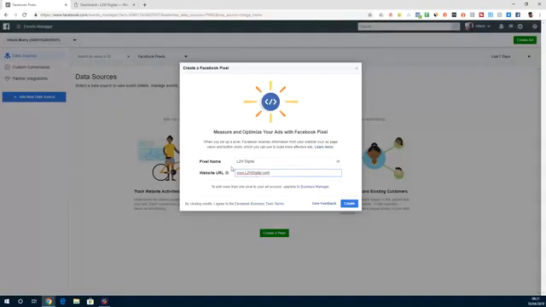The website URL is optional because you can actually install your pixel on multiple websites. I recommend doing this only if the websites are similar in terms of your target audience and customers. If they are very different, I recommend actually creating a separate pixel to do so. So if you click create,